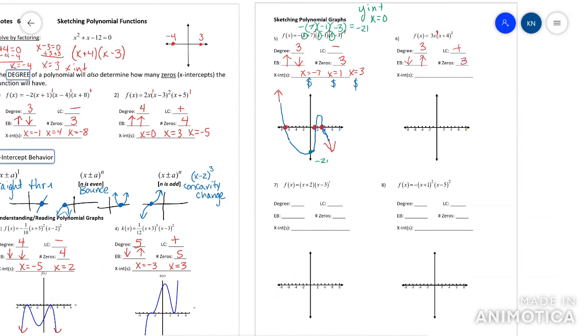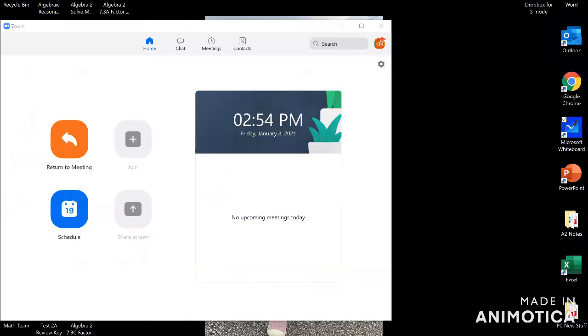My x-intercepts, I'm setting this guy equal to 0. So that's going to be 0. And then the other one's at -4. So x equals 0 and x equals -4. All right. So the first thing I do is I put my arrows down. So I'm going to have an arrow here, down, and then an arrow here, up, like this. Now, you should also be thinking about